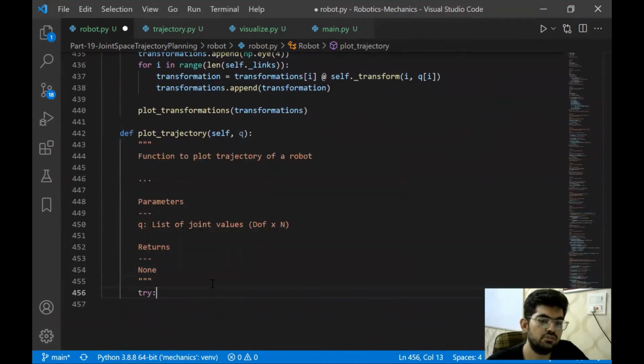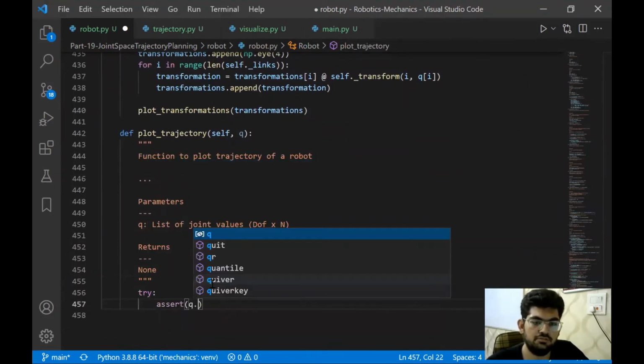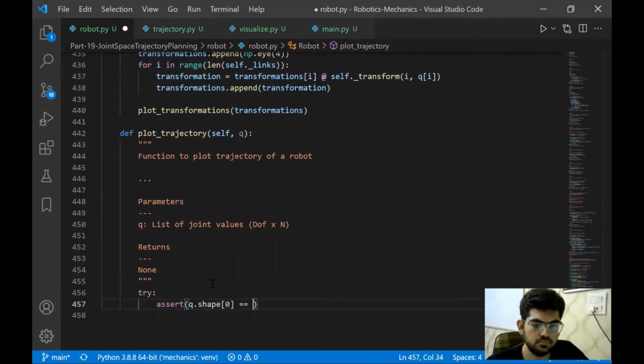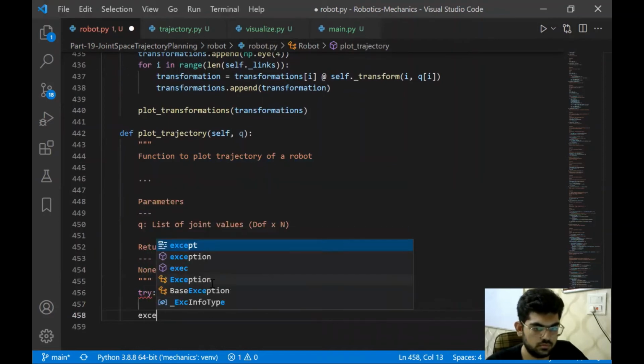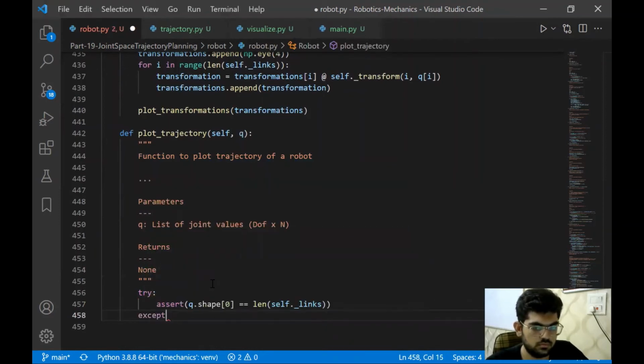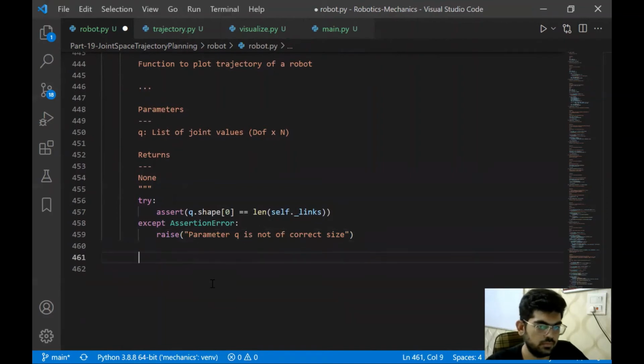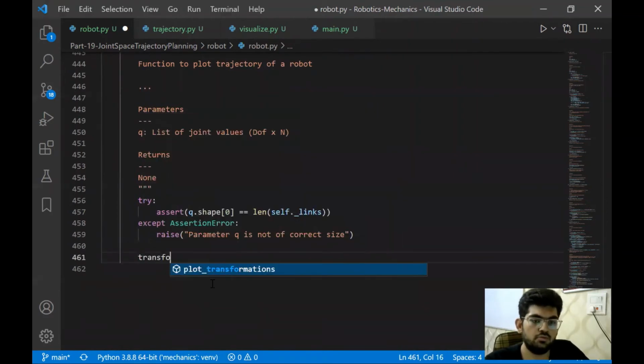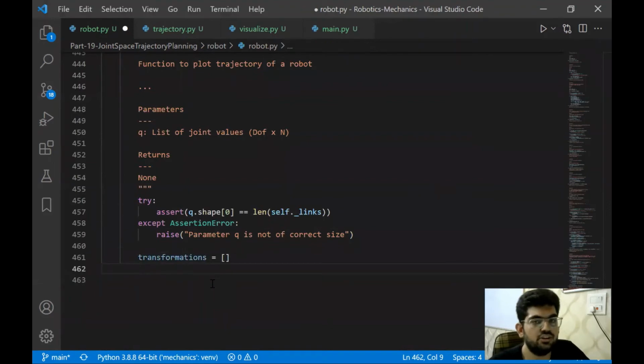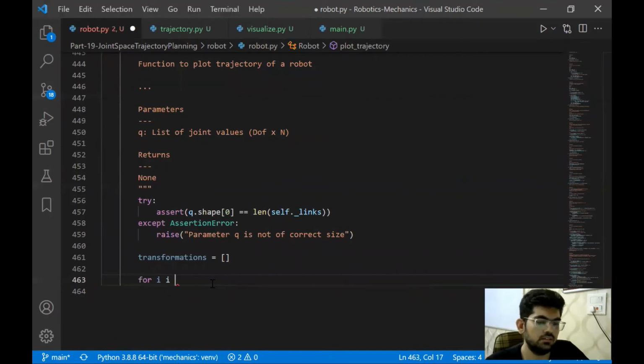The first thing that we're going to do is assert the shape that we have for Q. Okay, now we are going to define a transformations list and append all the transformations to it using the forward kinematics function. So let's do that.